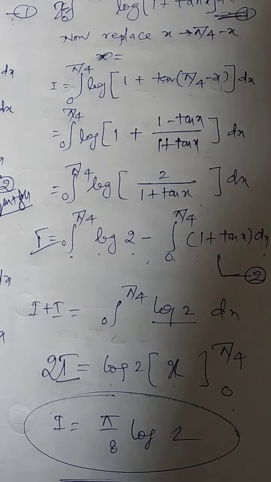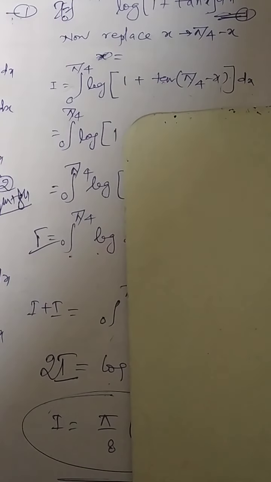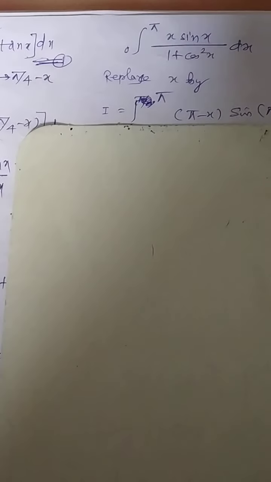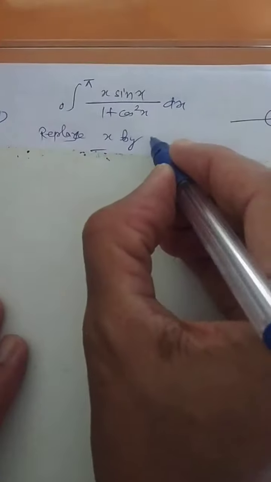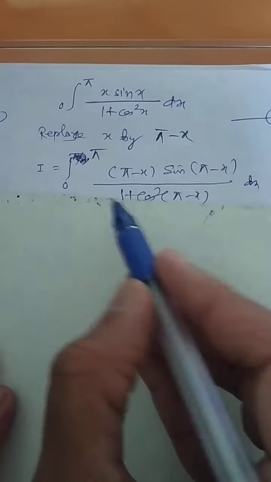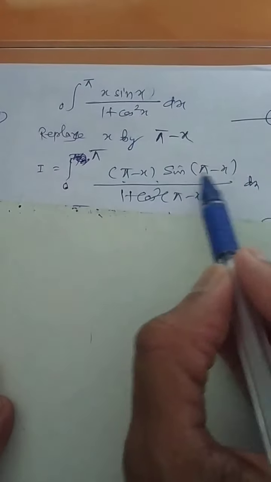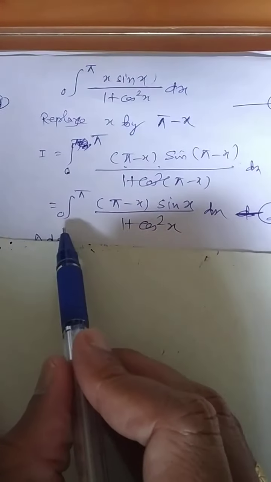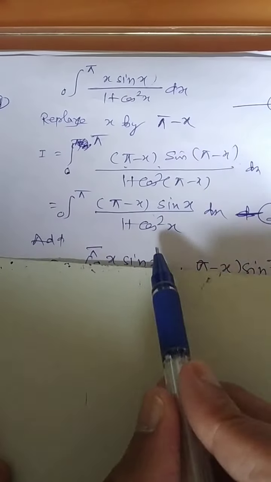So in this video we are going to learn two properties. One is breaking the limit and the other one is this 0 to a. Whenever the limit is 0 to a, can you tell me what will be the replacement here? It is correct. x to be replaced by pi minus x. The upper limit is pi, so everywhere 0 to pi, minus x over here. This x is pi minus x. 1 plus cos square of pi minus x. Now simplify 0 to pi. It will be pi minus x as it is. This is nothing but sin x. It will be cos square x.